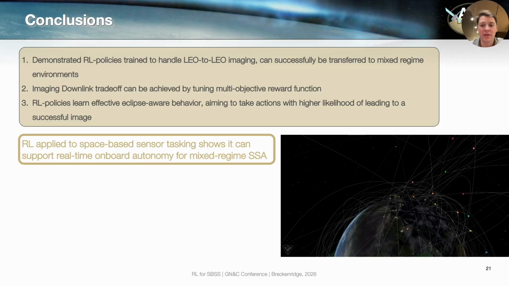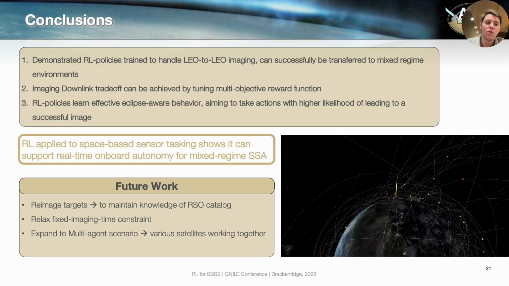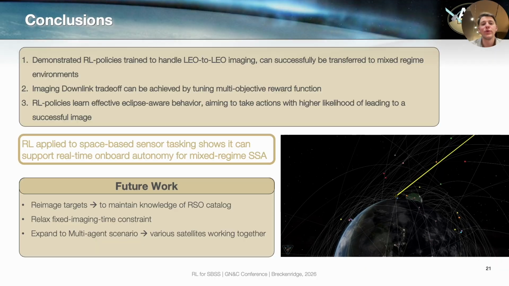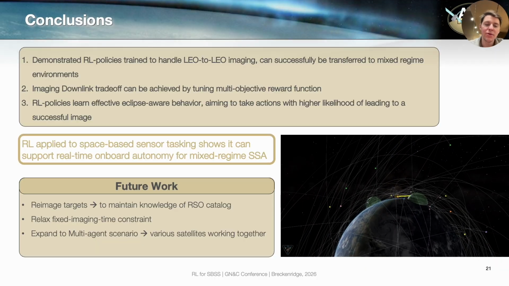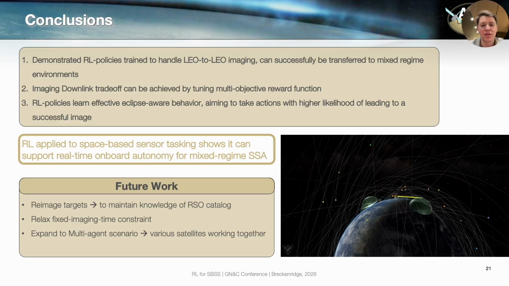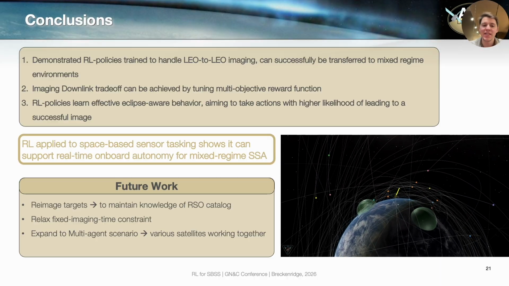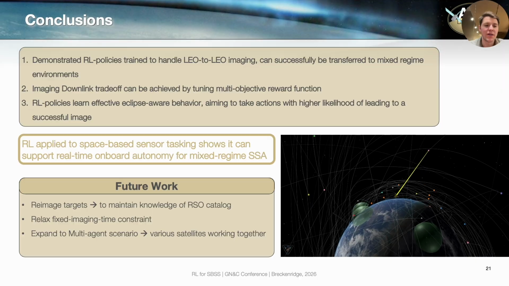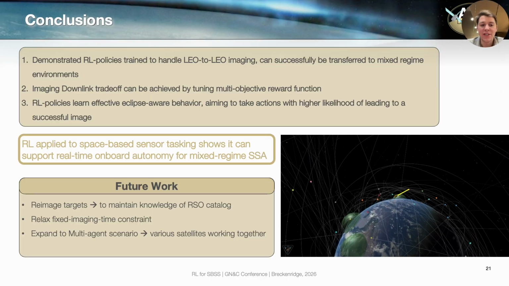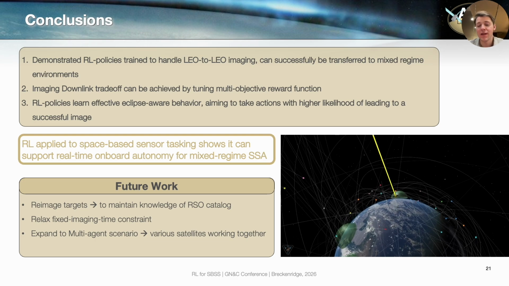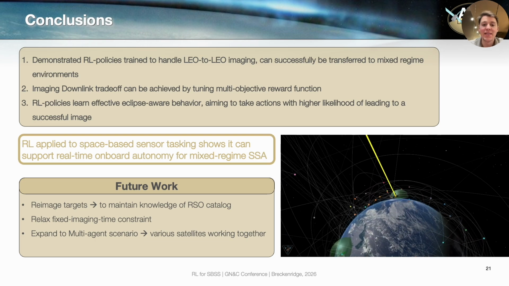space situational awareness. In future work, what we want to do is re-image targets so we really are maintaining a catalog over time, and also relax the assumption of a fixed imaging constraint, such that we can switch faster between having one image done to the next. And lastly, we want to expand this scenario to multi-agents where we have various satellites working in tandem to maintain